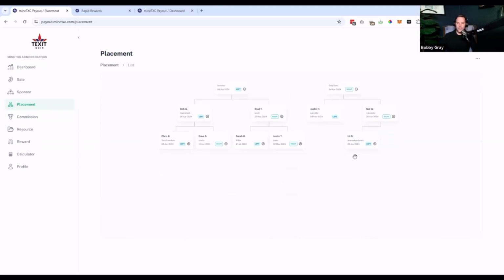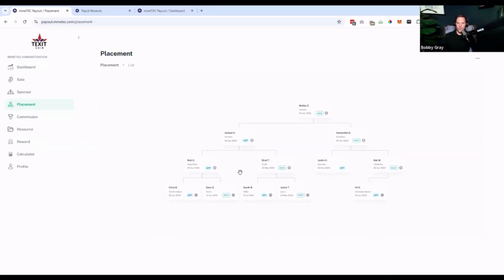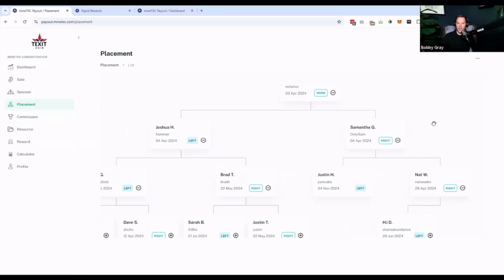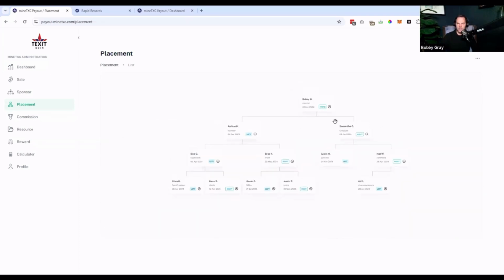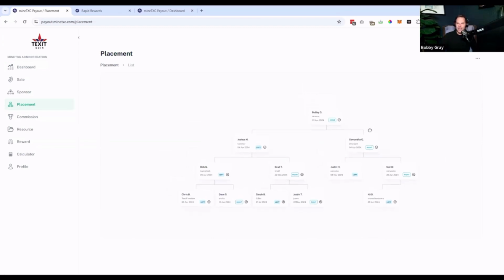But this is what gives us the ability to see how your team is developing. Your team is made up of everybody that's on your left and everyone that's on your right. Your team is going to look different than my team, but this is my team, and here's what we got. Your job is to build an organization that is going to continue to build, help us grow, and bring new